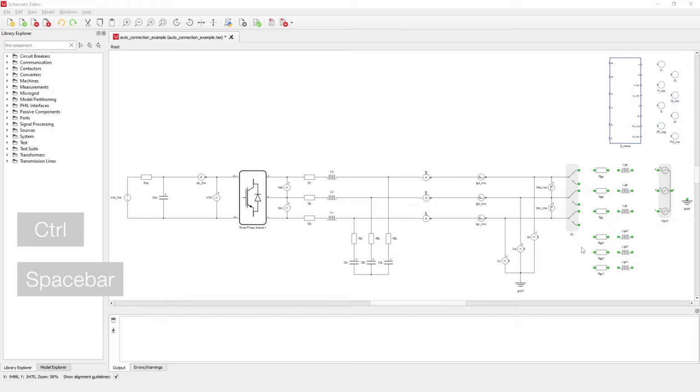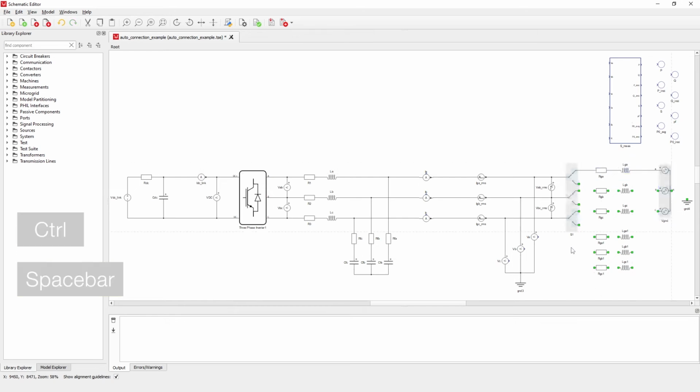Lastly, by fully utilizing the available functions of this feature, we can connect even more complex circuits. Here, we are switching from a strong to a weak grid, using the triple-pole double-throw contactor, with 6 terminals on its right side. The strong grid phase impedances should be connected to the first, third, and fifth terminals of the contactor, while the weak grid phase impedances should be connected to the second, fourth, and sixth terminals. Both strong and weak grid phase impedances should be connected to the three-phase voltages sources on their right side terminals.